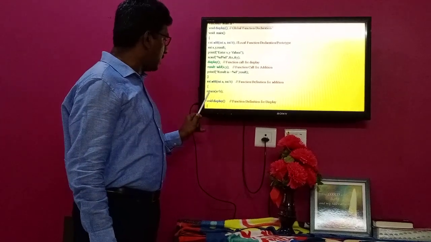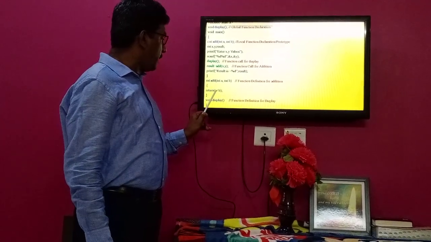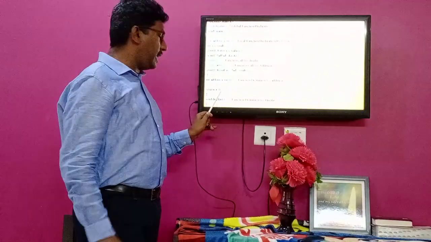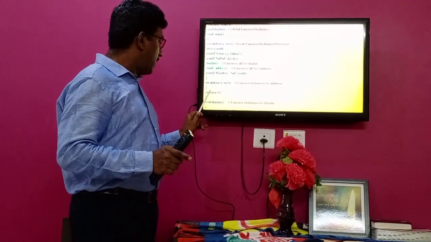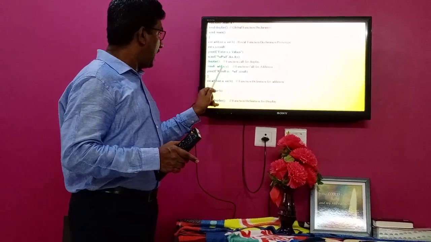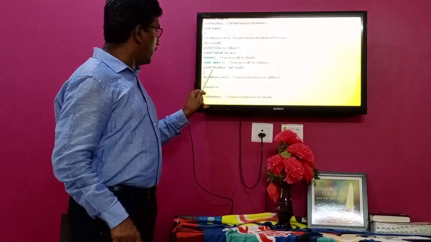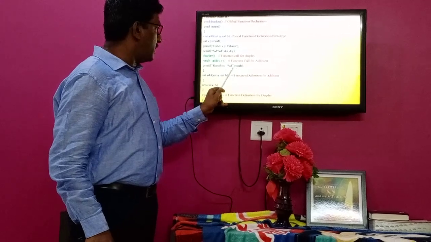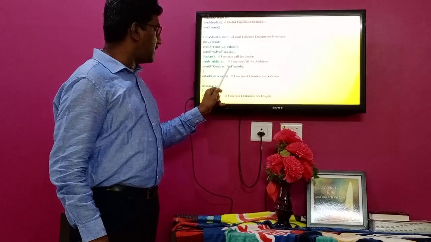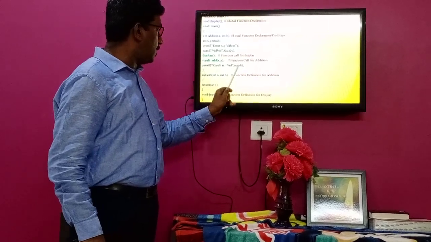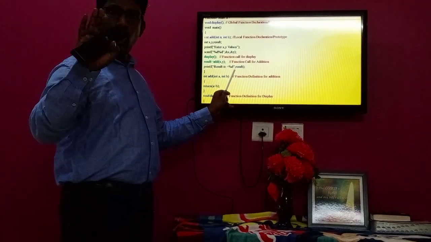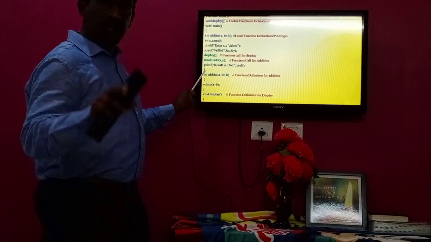Now in the add function body, a self-contained block, I am adding a and b and returning the same value. For example, a is 10, b is 20, so 10 plus 20, that is 30, will be returned by this return statement to this place. So this whole function call value, 30, is assigned to result. With the help of the printf statement, I am displaying that result 30. The %d is specified because the value 30 is of integer type. Whatever value is stored in result will be displayed, so we will get output 30. Then closing this is the end of the program.